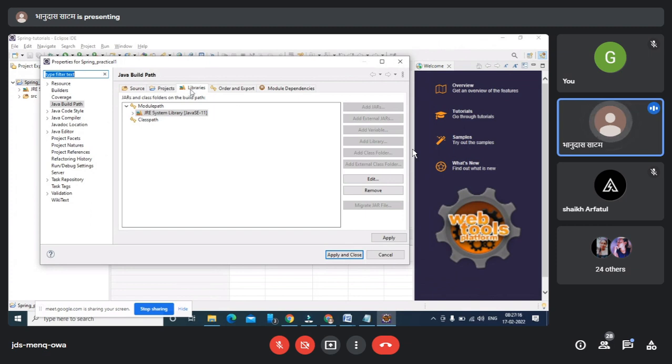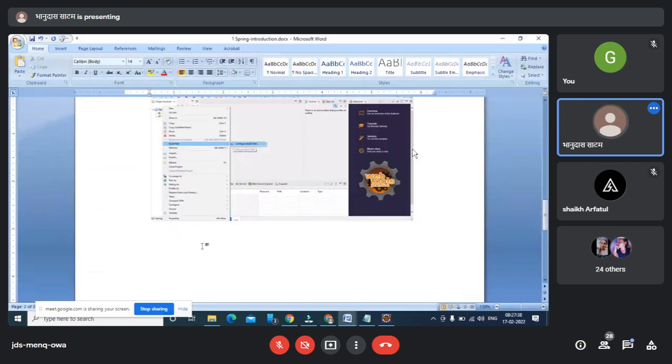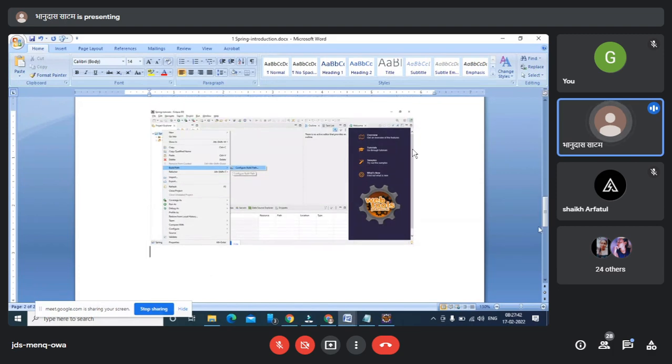This is my Libraries tab. You are not supposed to add the library in the module path. You are going to add the library in your class path here. So please remember you are going to add this library into the class path. So add all the libraries which you downloaded.